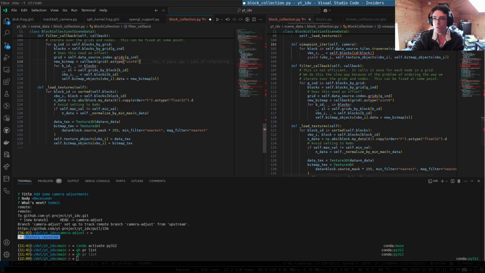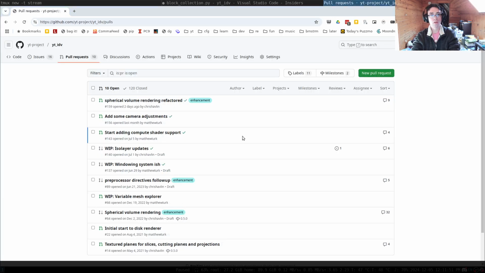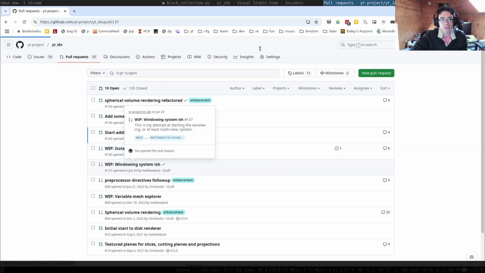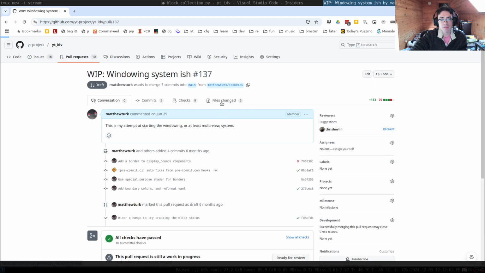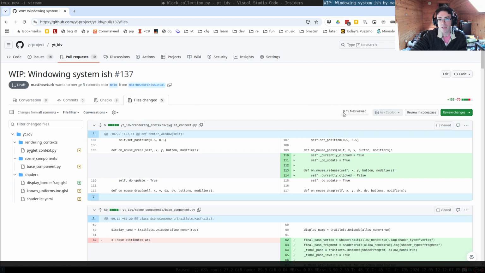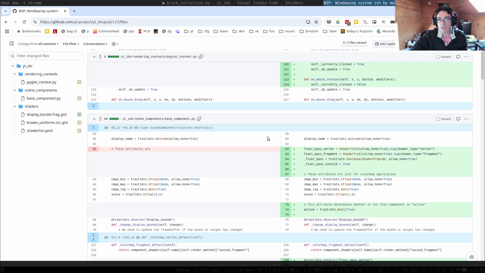Let's take a look at where we're at with the pull requests. Let me pull up the project page. All right. So some of these are by me, some of these are by Chris. I think maybe what I should do is go back and try to close up a couple of the really old ones that are basically ready to go. So this one is the,